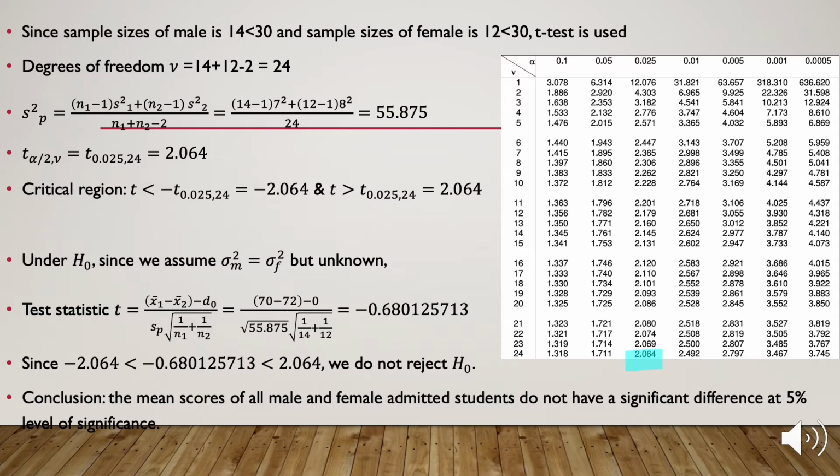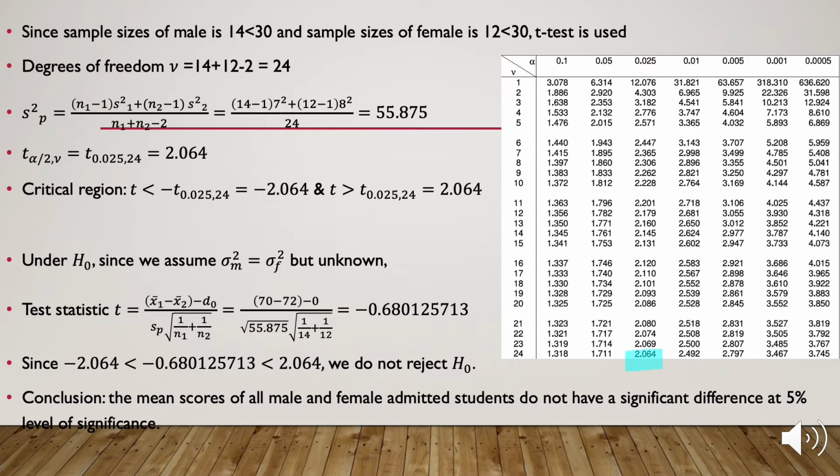The degree of freedom is V equals to 14 plus 12 minus 2, which is equal to 24. S squared P equals to N1 minus 1 times S1 squared plus N2 minus 1 times S2 squared over N1 plus N2 minus 2. It will equal to 13 times 49 plus 11 times 64 over 24. The answer will be 55.875. According to the T table on the right, T alpha over 2 and V will equal T 0.025 and 24, which is equal to